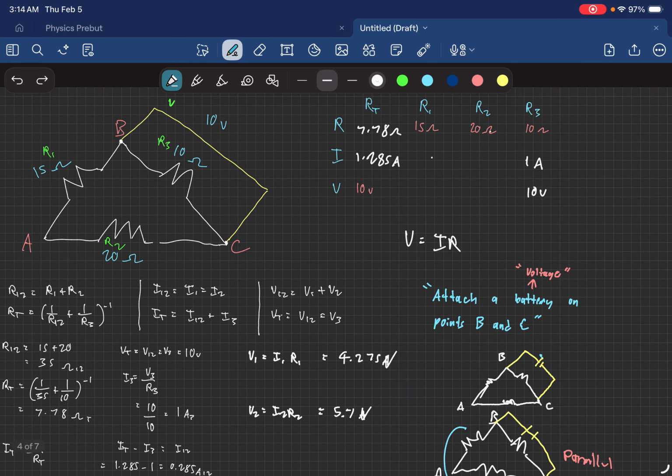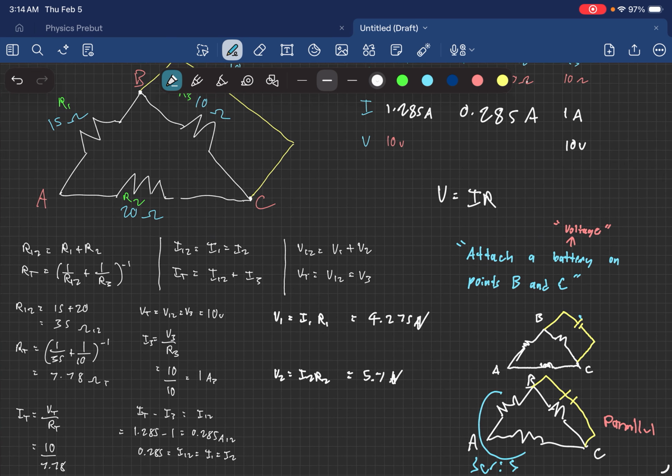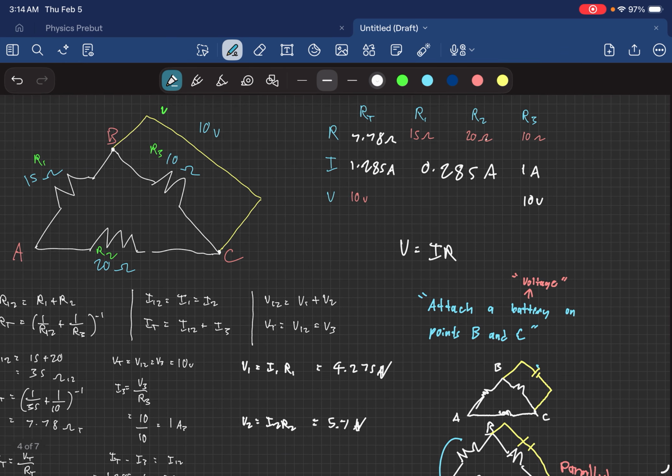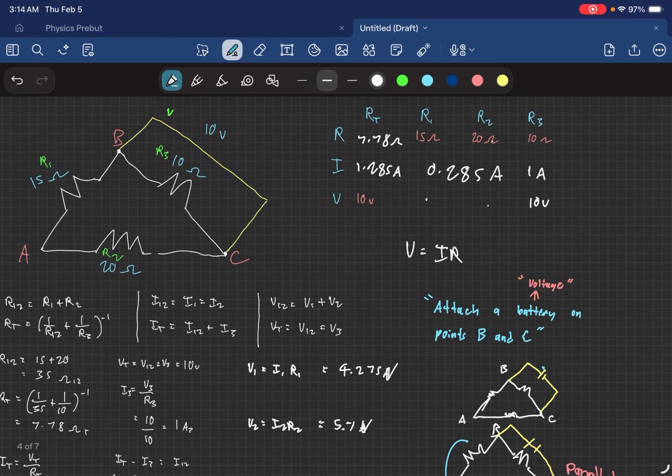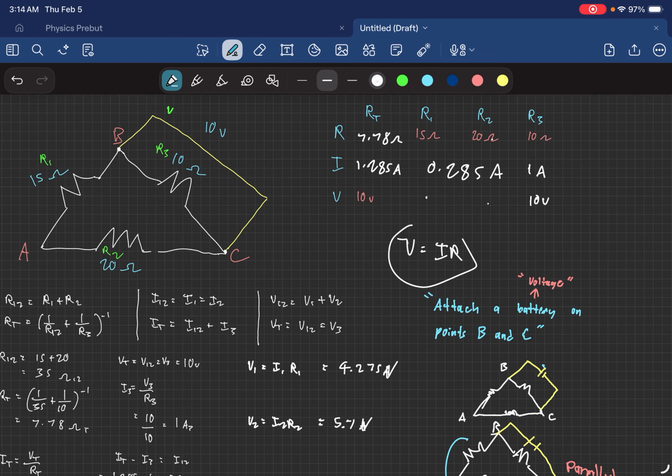Very neat. And now because you have that, you're just looking for our V1 and V2, which is simple already. You just use the formula. Let's do it. 15 times 0.285 is equal to